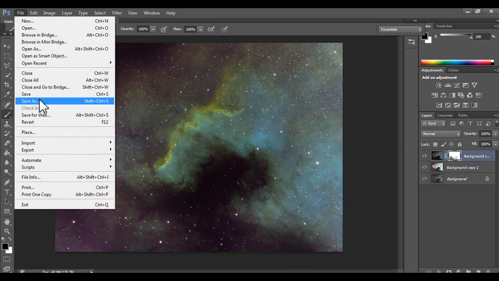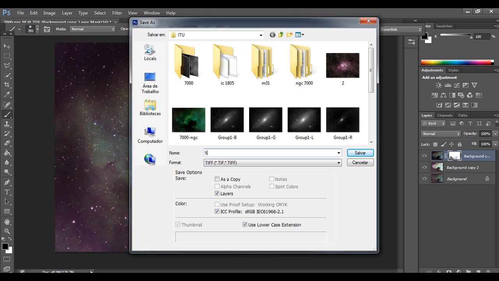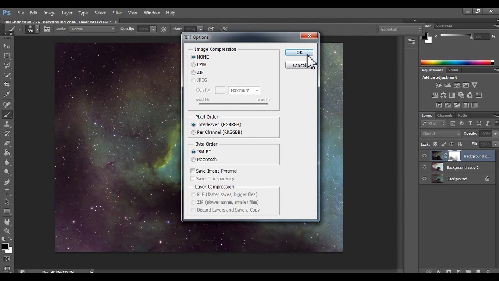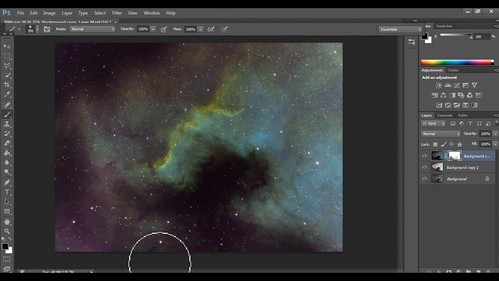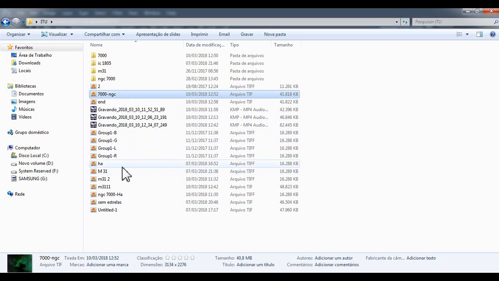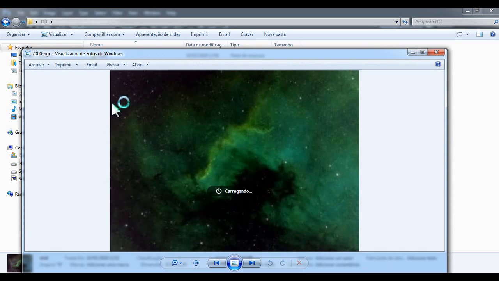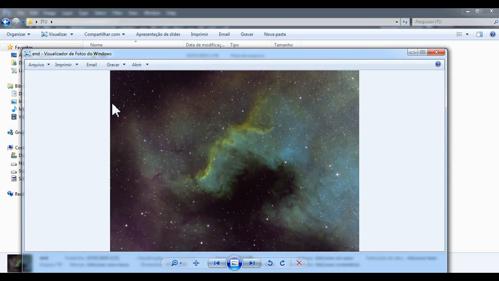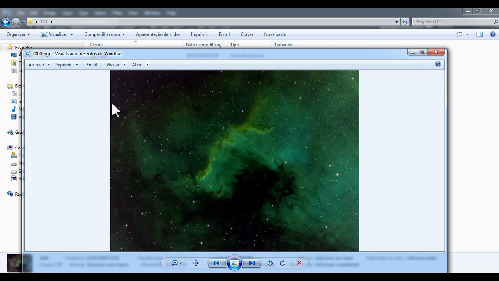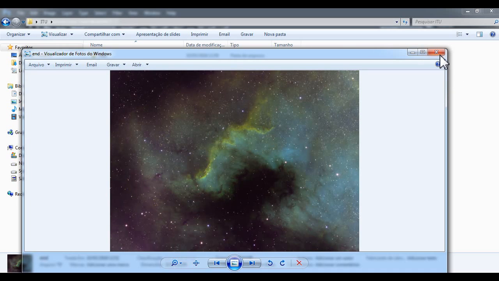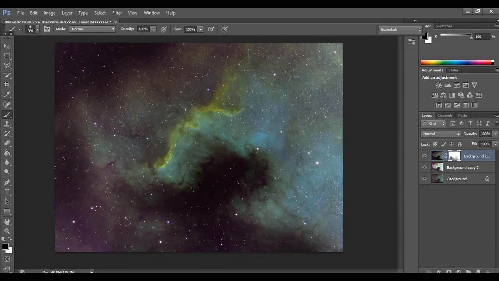Let's save as, and layers no. Let's save with no compression. This is important. Okay, this is the image before and after. The image is much more interesting just using